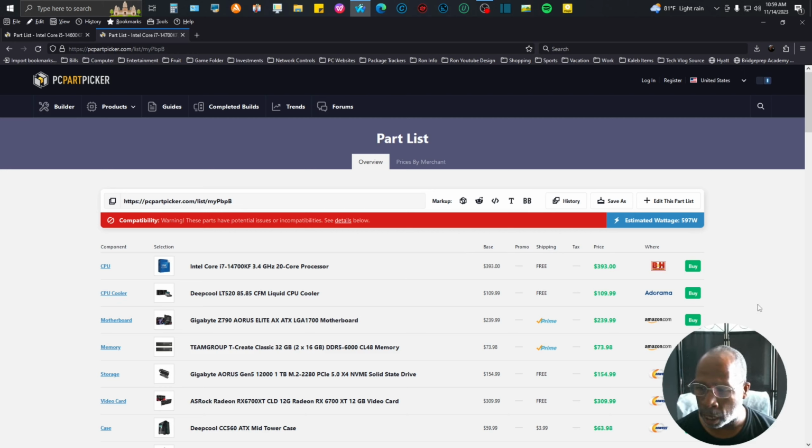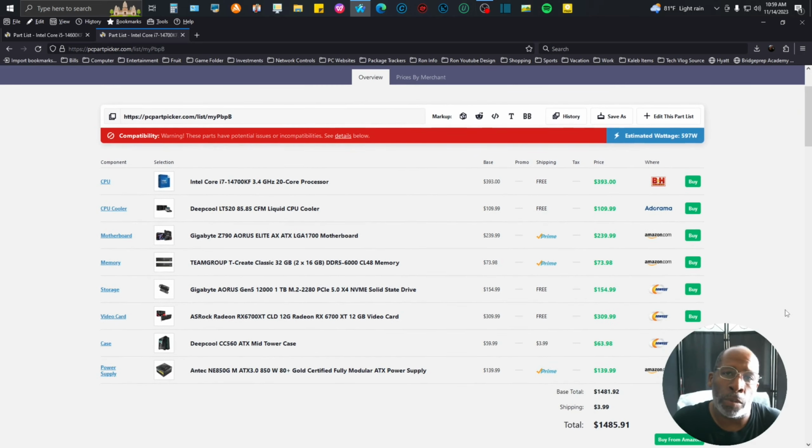The graphics card. Now I'm switching from the Arc to the Radeon RX 6700 XT, giving y'all gamers a little more VRAM to enjoy. Now if you need more VRAM, then that's up to you. Once you switch out the parts, then the price goes up. So if you have a certain price already saved up, then you just switch out parts, and I want you to be happy with your build. This Radeon RX 6700 XT CLD 12 gigabyte is coming in at